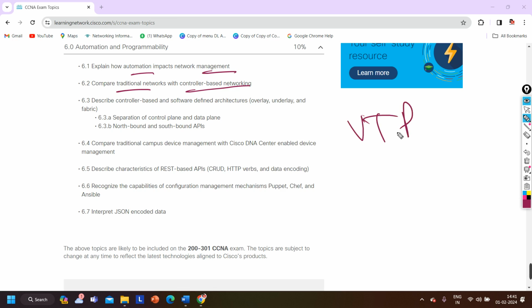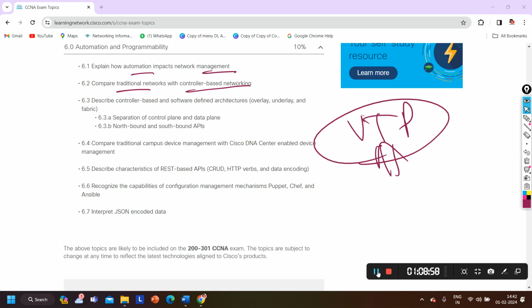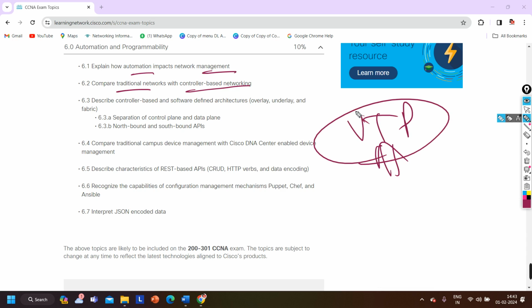If you know the VTP protocol, VLAN Trunking Protocol, VTP is used to propagate VLAN information between switches. So VTP is also one kind of automation, right? Through VTP, we can propagate the VLAN information between switches. Fine. So like this, we have multiple techniques for automation that we will learn in the class. We will compare the traditional network with controller based network. We will see the impacts on network management,